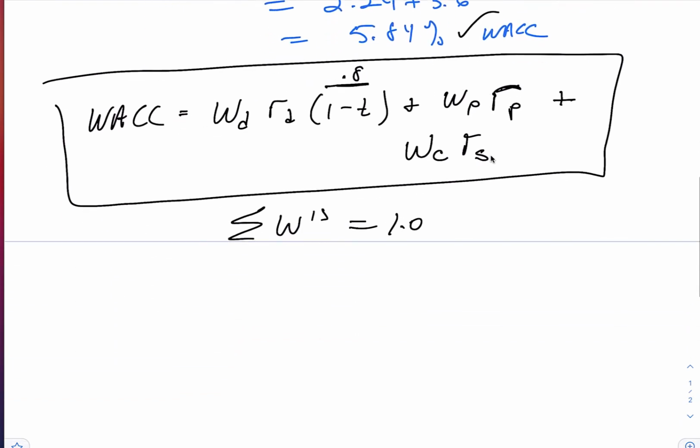So now we need to ask questions. Where does RD come from? Well, that should look kind of familiar, and I'll go over it. And then where is RP, the cost of preferred stock? Well, that should look kind of familiar, and we'll go over it. And what is this guy here, the cost of stock? Well, that should look kind of familiar, but I'm going to go over it. You've seen a lot of this, but we're going to put it all together in this formula to come up with the cost of capital of a firm.